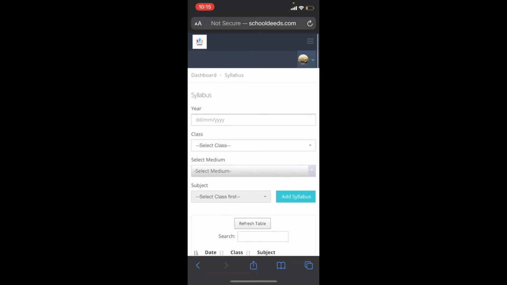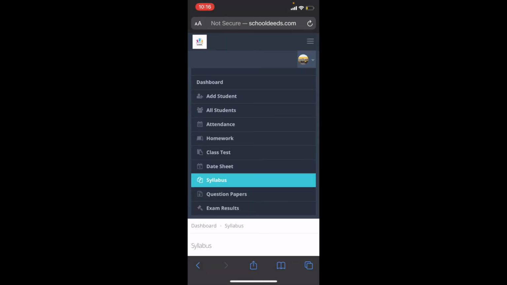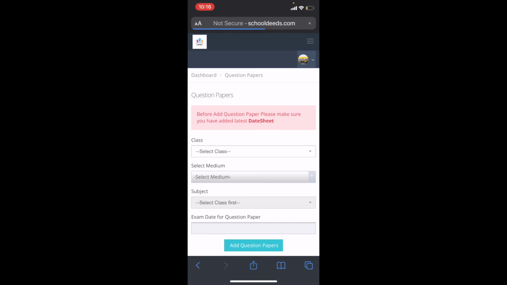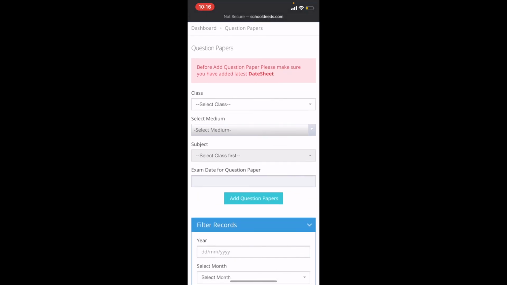This is about the syllabus tab. Now let's move on to the next tab, that is question papers. What we see here is, before adding a question paper, please make sure you have added the latest date sheet. This is a fail-safe option: if the teachers forget to upload the date sheet or there is any problem,